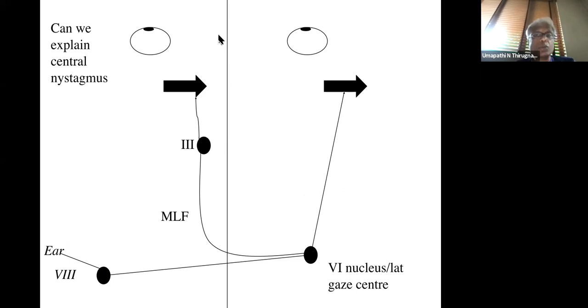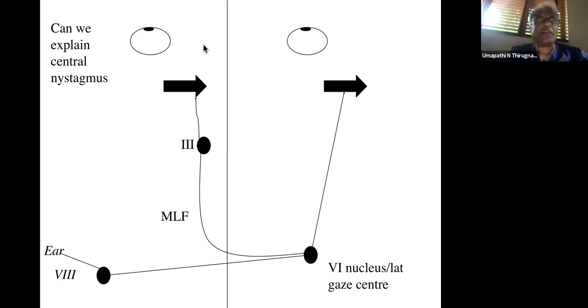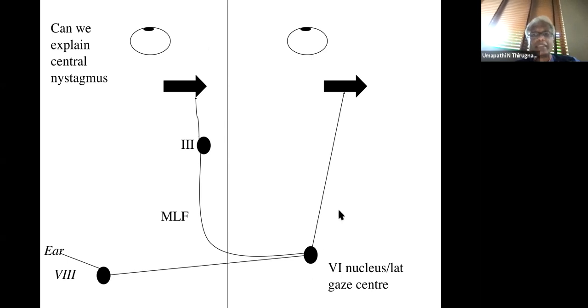Okay. So for the frontal eye fields to work on the 6 nucleus, the problem is that the frontal eye field is just like the frontal lobe. It's not a very fascist, very definitive sort of creature. It's a bit of a hippie. It doesn't give very discrete commands. It tells you if you feel like moving to the left, maybe you want to move to the left. That kind of stimulus comes down. Now, that kind of stimulus is not enough for the 6th nerve to move to the left side. So it requires a much more